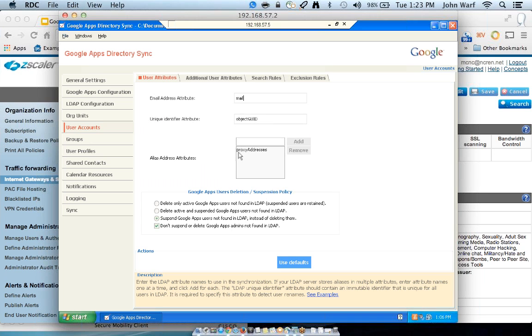Now, we also have the alias address attributes. You see that we have proxy addresses here. When you make those changes in your Active Directory, say Sally Sue gets married. She's now Sally Jones, and her email address has become S.Jones. You want to change that email address in your Active Directory or your directory service,